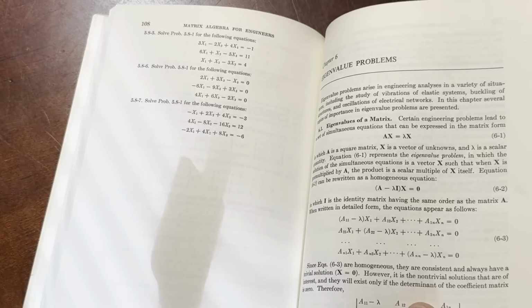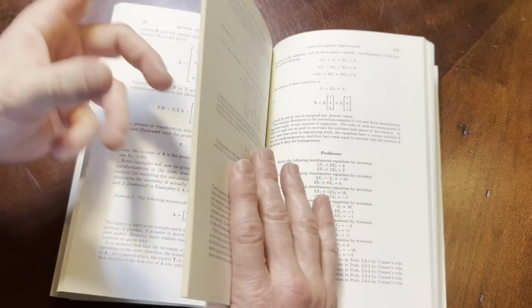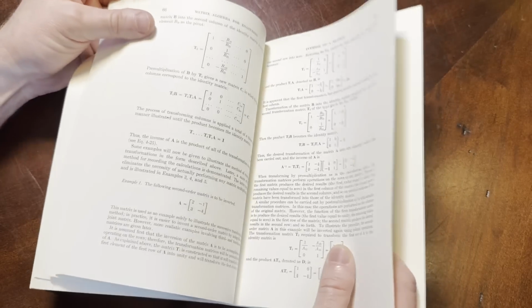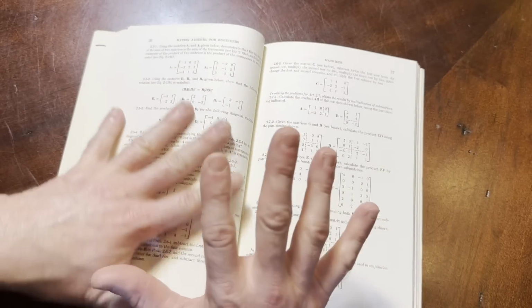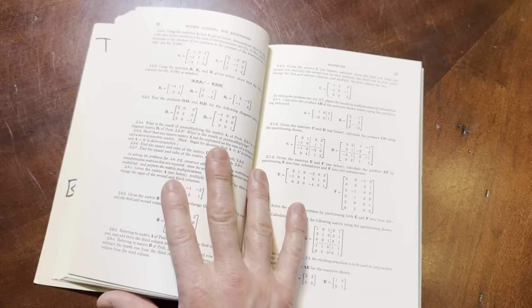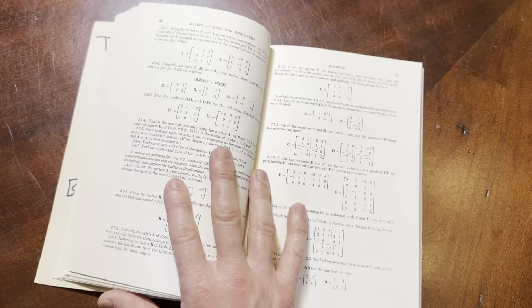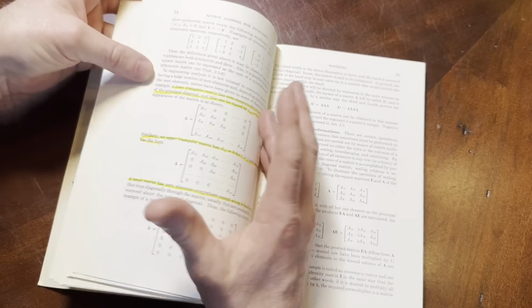The ones that are missing are the ones where you have to show or prove something. But pretty cool book. One of the really cool things about self-study is that you can learn on your own and at your own pace, and it stays with you. For some reason, when you pick up a book and start learning mathematics on your own, it tends to stick with you a little bit better. And when you find books like this,